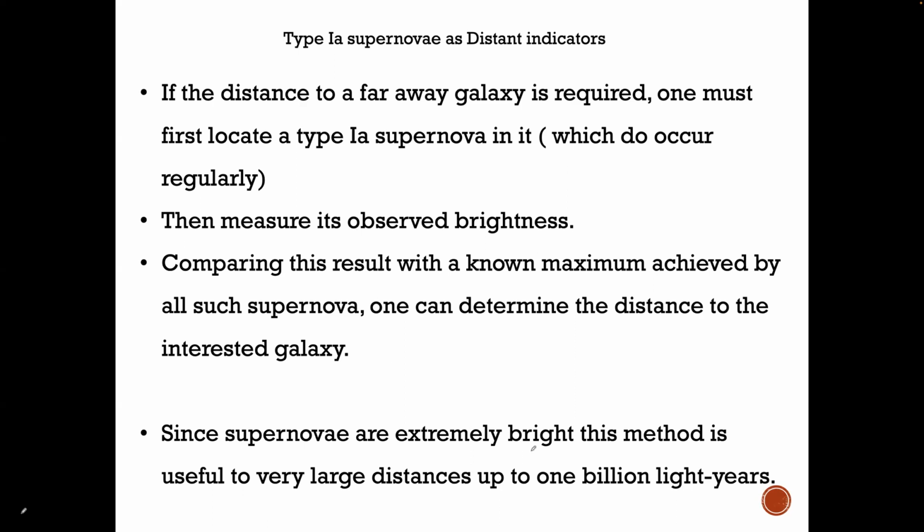And supernovas are extremely bright. Because of that, this method is useful for very large distances, up to 1 billion light years. So the advantage is you can go even up to distances like 1 billion light years with this method. So this is why type 1A supernova is important, right? Remember that this does not apply to the other types of supernovas like type 2 supernova,